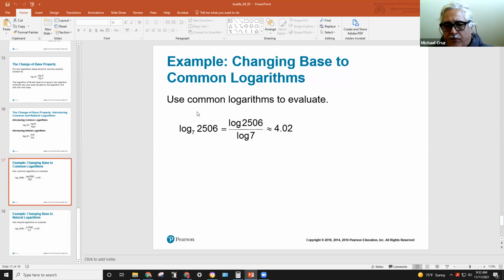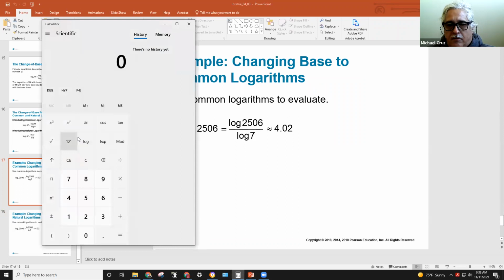All right, so to convert this to logarithms, we're going to convert it to the common log. So log base 7 of 2506 would be just the common logarithm of 2506 divided by the common logarithm of that base of 7. So anyway, let's look at this. Put that in there. Then I'll put 2506 divided by